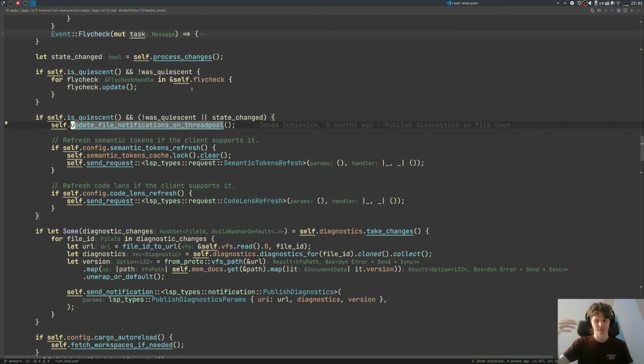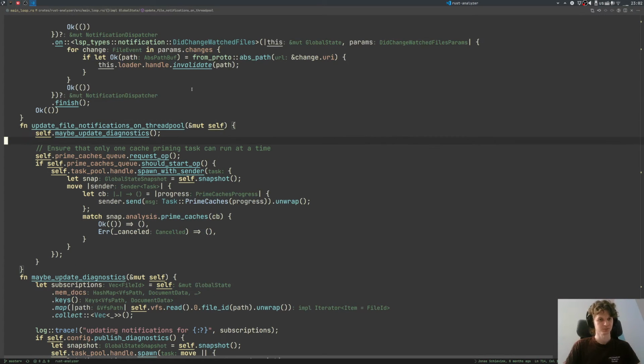The only exception to this model are diagnostics. Diagnostics are push-based. When the server notices new diagnostics, it should push the diagnostic to the client. And the server can notice a new diagnostic when some change was made to the state, and this is exactly what happens. So if we go here,